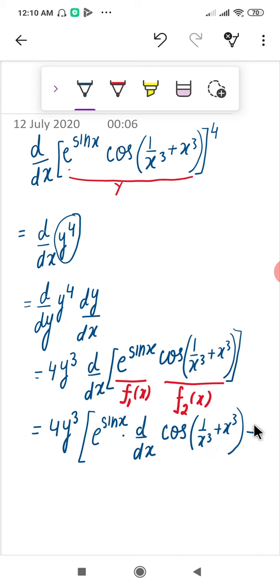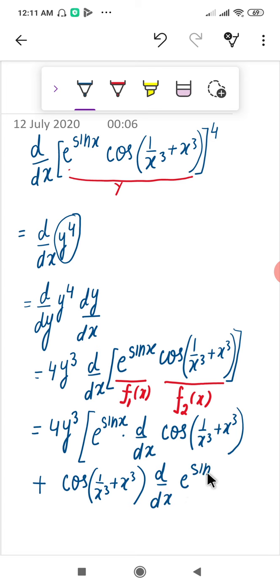Then do you remember we have to add? We have to write plus, or let me write it in the next step because otherwise maybe this creates a confusion. Write it here plus, and then second function, that is this one, and differentiation of first function. Do you remember this is the formula? And now differentiation is complete.